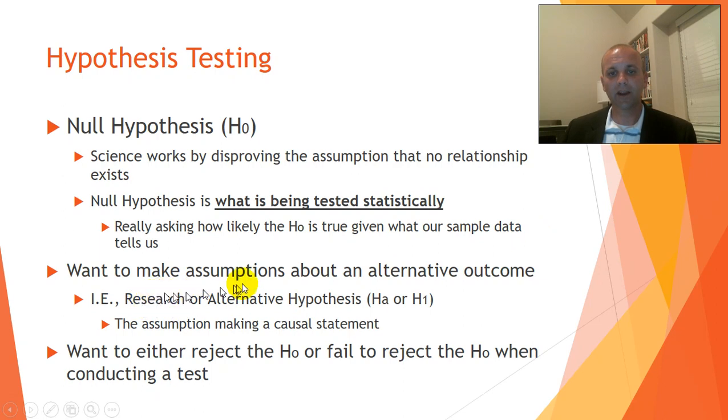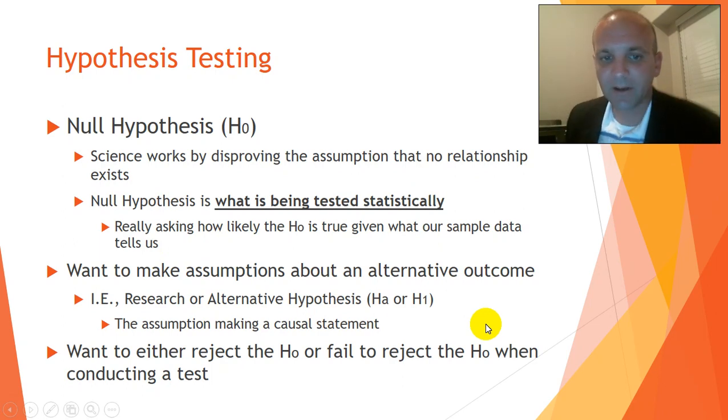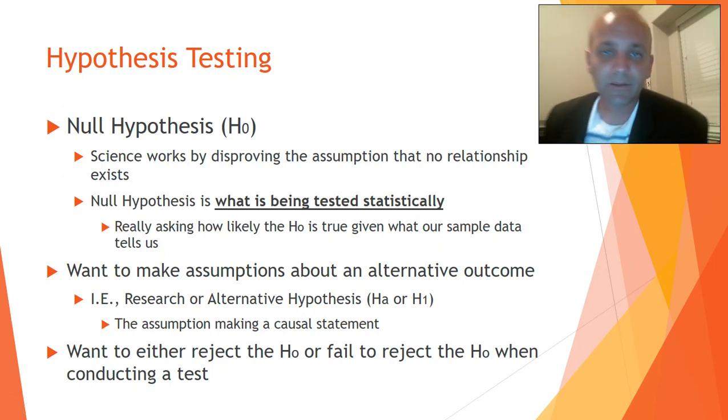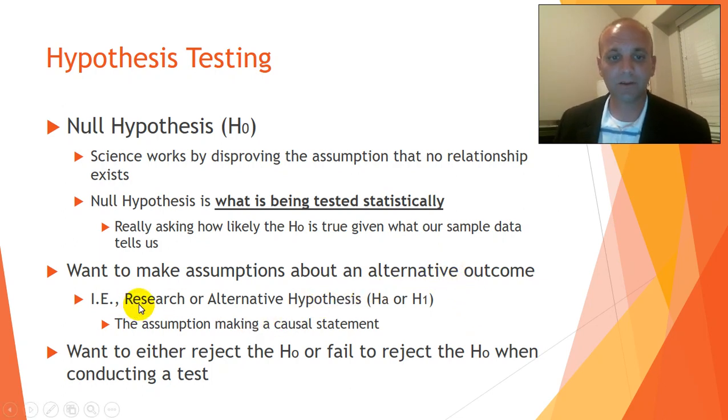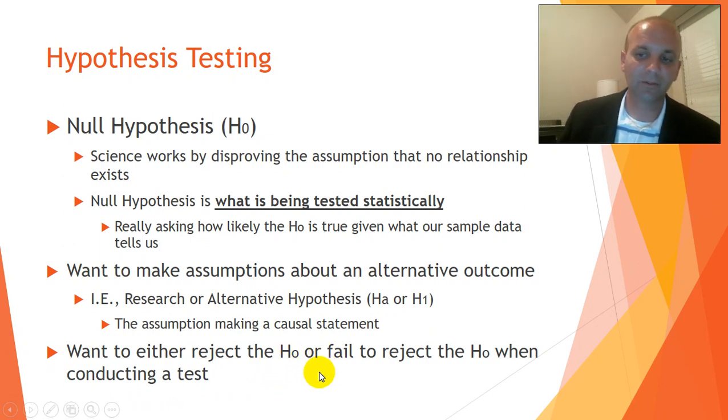So you want to make assumptions about an alternative outcome. So that's where the hypothesis that most people are familiar with comes about. Your educated guess, okay, your causal statement, your research or alternative hypothesis, and that's making the statement itself, okay? It's the assumption making a causal statement. Your alternative, your research hypothesis, is making that statement that, well, hanging out with kids who smoke marijuana is going to increase the likelihood that that kid smokes marijuana. So you want to either reject the null hypothesis or fail to reject the null hypothesis